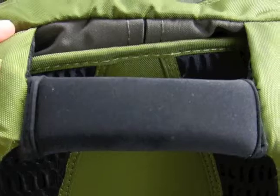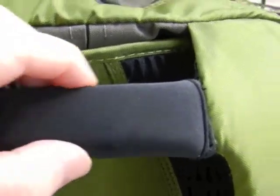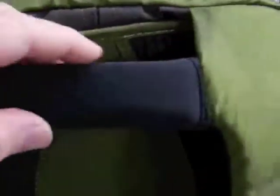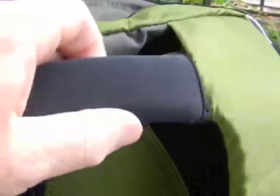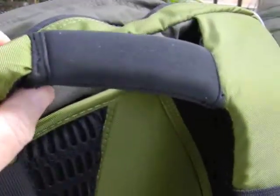There's the handle mounted into the section of straps here. This handle seems like it's well stitched and firmly on there. At first I thought that this section goes right across with this foam pad wrapped around, but I'm not so sure how they've constructed it. It seems to be good and firm, and I can pick the bag up with some weight in it and